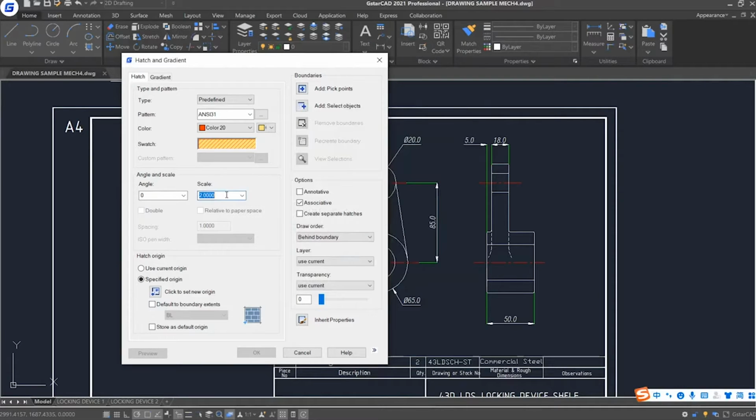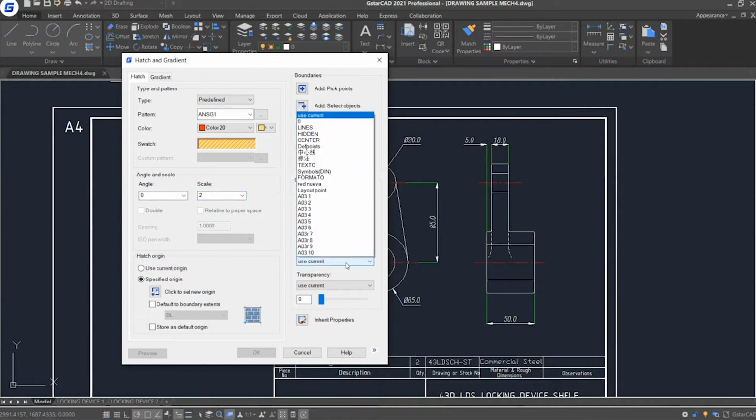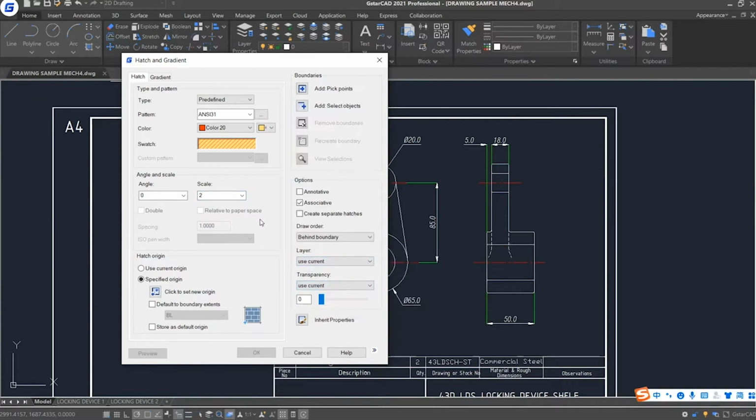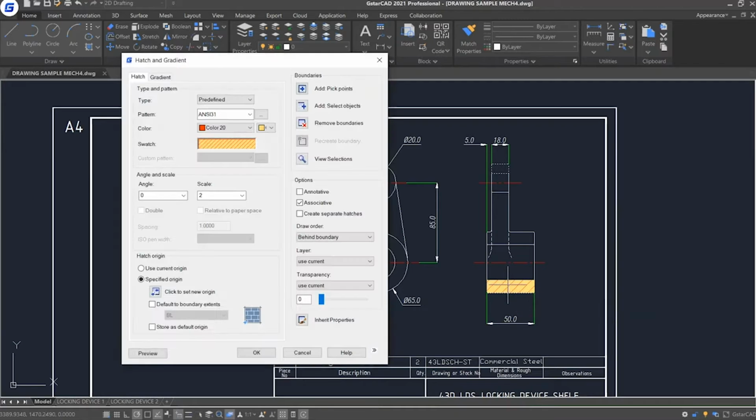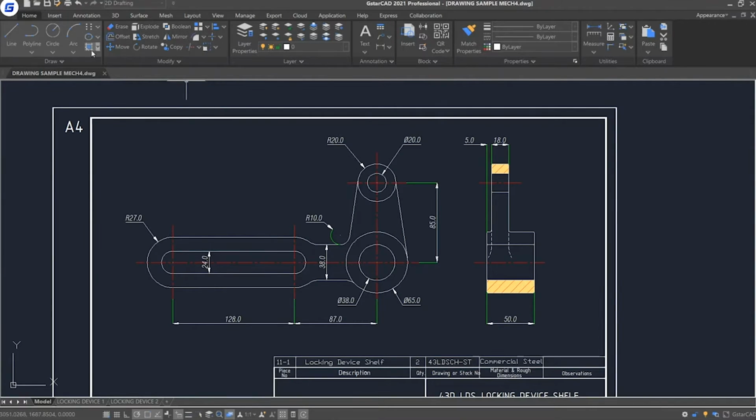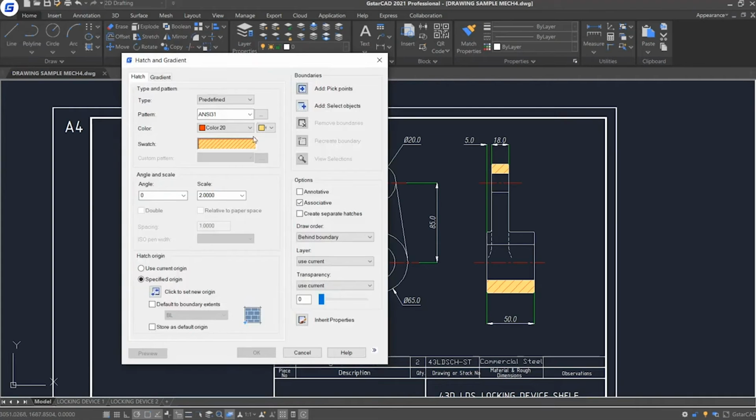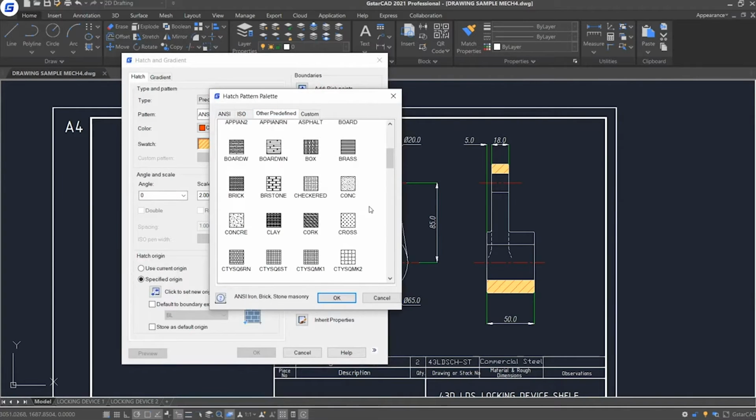Next, let's assign a scale value of 2 and set hatching options. And then select the boundaries, pick points option, and select a point as shown, and press enter. Now click OK, the hatch pattern is created easily. Repeat the command. This time try another hatch pattern,